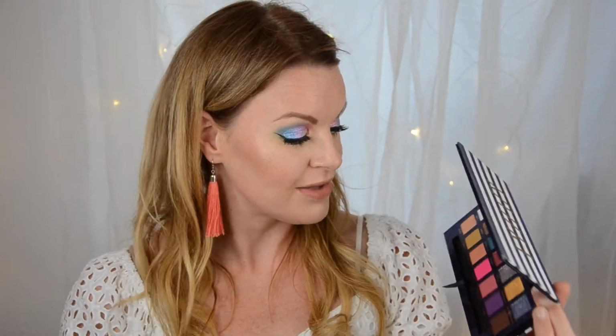But when this came out, I was really interested because I really wanted to try the Anastasia Beverly Hills formula, and I really wanted to try their palettes, and I really enjoy this. I just have to use it more. I know that. It's perfect for...